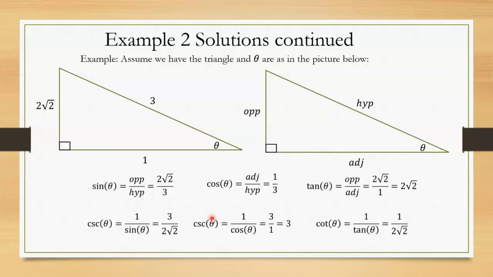Secant of theta, that's 1 over cosine of theta. In this case, cosine we know is 1 over 3. Secant then is 1 over cosine, which is just 3 over 1, which is 3. And cotangent of theta is 1 over tangent. And here we had 2 times the square root of 2, but if you turn that upside down, you get this. So again, I'm just unfolding the definitions here. That's all I'm doing. I mean, you could actually get tangent by using sine